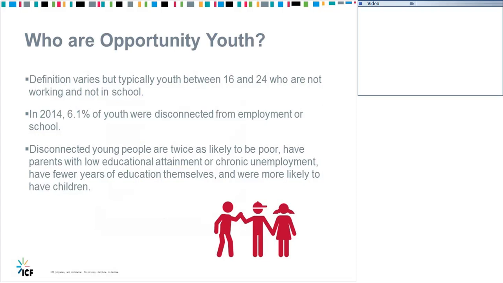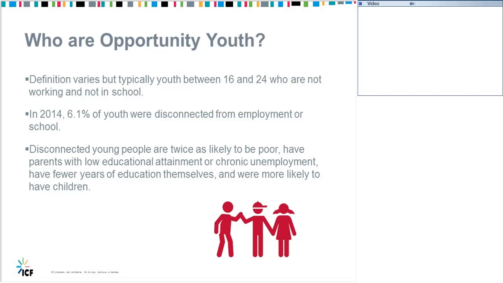So, like everything else in research, people don't like to agree on anything. So there's a lot of variability about what opportunity youth means. But what we generally mean by that are youth between 16 and 24, which are still in the adolescent research. This is a really important detail. We tend to think of the early 20s in some ways as adults, and it's very much not in the neuroscience and in adolescent brain development, who are not working and not in school. So these folks have historically been called disconnected, and we're flipping that script, and we're talking about them as an opportunity.